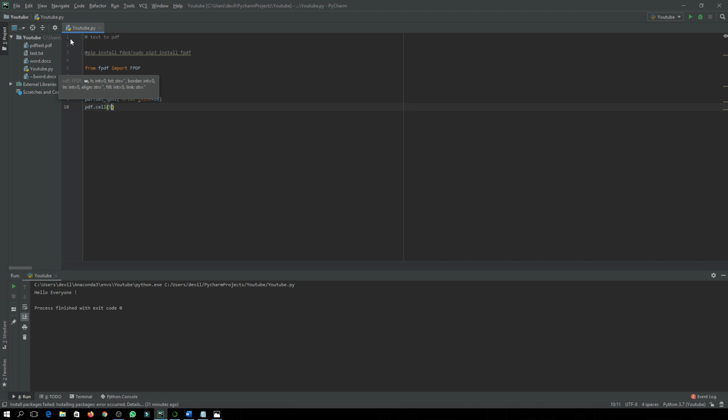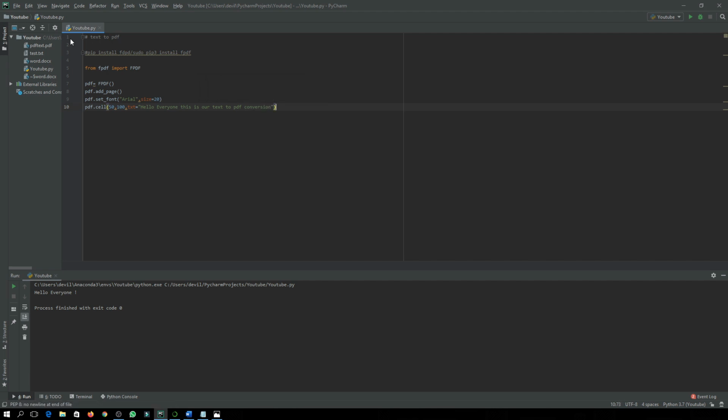Let's say horizontal is 50 and vertical let's say 100, and then you have to write the text that you want to convert. So let's say hello everyone, this is a text to PDF conversion.